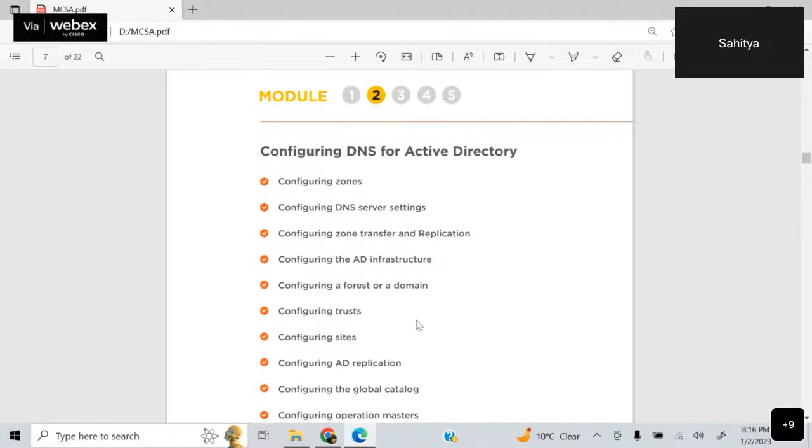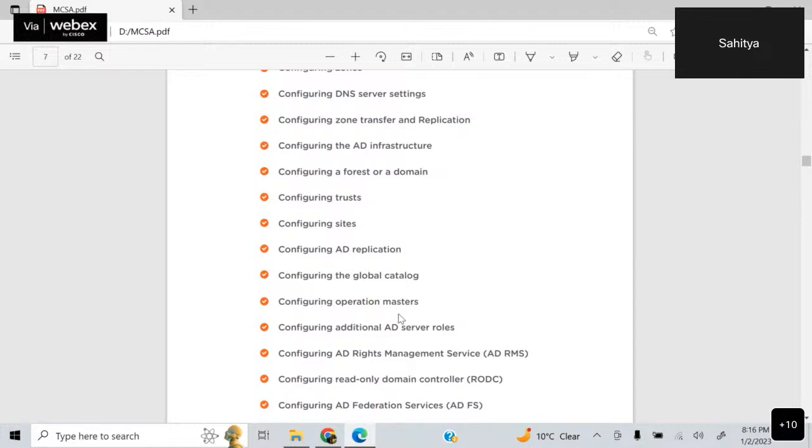Then your operation master, that is FSMO. If you have heard about FSMO, that is Flexible Single Master Operation. ठीक है, तो जब भी एक डोमेन कंट्रोलर हम कॉन्फ़िगर करते हैं, तो ये FSMO रोल्स वहां पर इंस्टॉल होते हैं, राइट? तो अपग्रेडेशन कैसे होता है? Let's suppose you have a 2012 primary domain controller, right? And your management decides to make a primary domain controller on a 2019 server. तो माइग्रेशन कैसे होगा? वही जो FSMO रोल्स होंगे, we have to migrate those FSMO roles to the 2019 server,